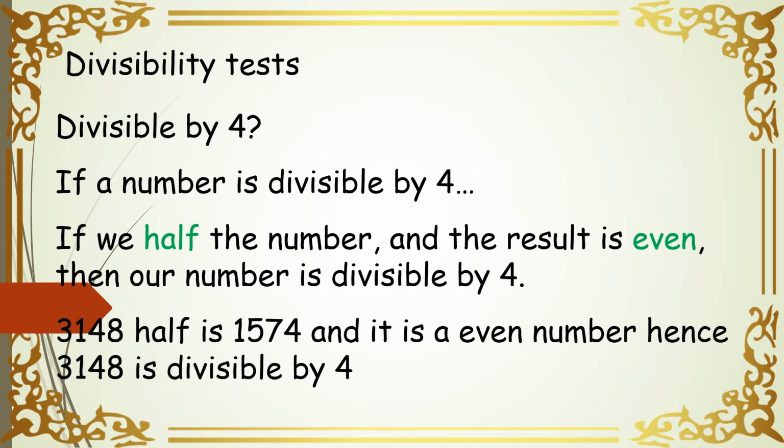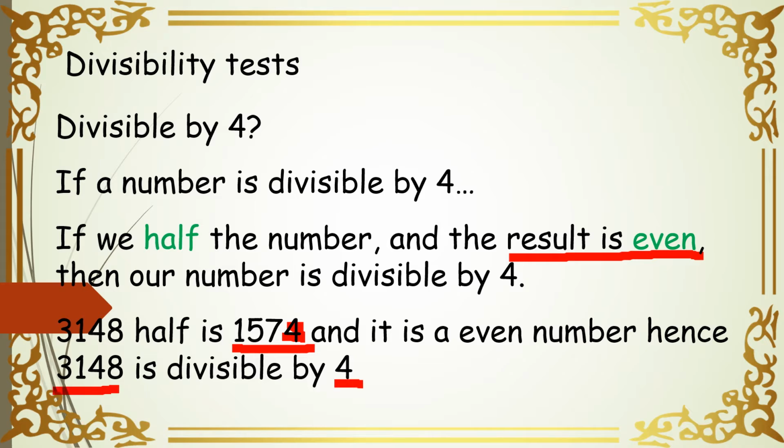And if you can see here, the number that I have got, it is an even number. Even number कैसे पता चला? क्योंकि last का जो digit है, that is 4. Alright, everybody can see this is the last digit. Okay, it is saying that the result is even. You have to know that the result should be even. And this number that I've got is an even number. Okay, because the last digit ends with 4, multiple of 2. Okay, and it is an even number, hence this number 3148 is also divisible by 4.